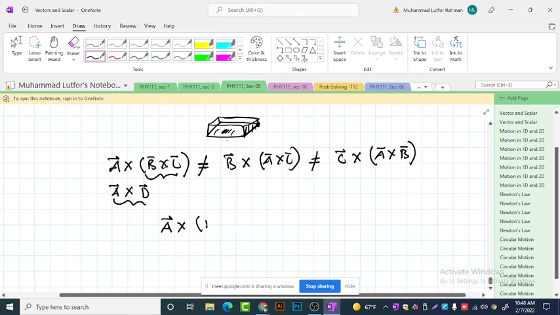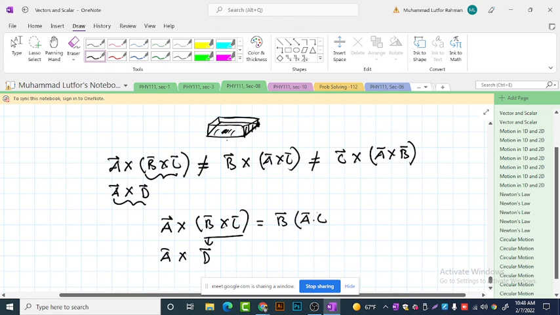So this is B cross C. First you can write down the cross product, this B cross C. With respect to that one, after taking the B cross C, you find out the new vector which is the D. Then you can take again the cross product A with the D. This is one way. Another way, we use a very short formula that we write actually B